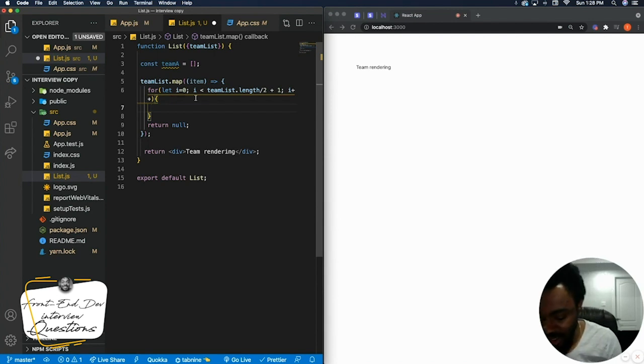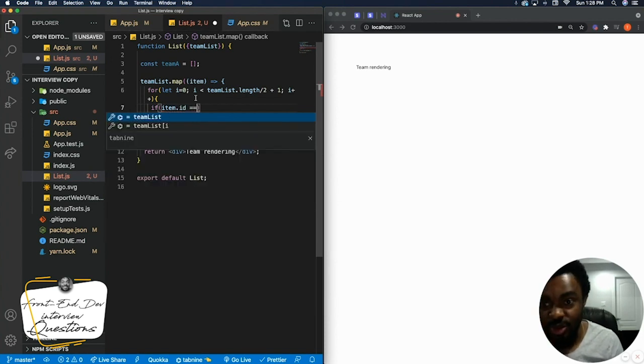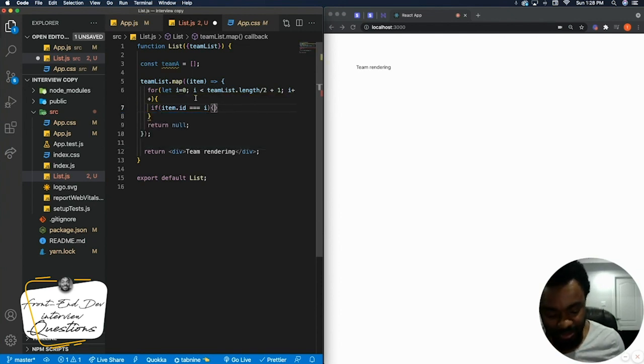Okay, so I'm going to say if item.id is equal to, now I'm using triple equals here because I want to also compare the type. You don't have to do this, but for best practices, I always use this. It must also be the same type, which is either number or string. So I'm comparing the type now, so they must be numbers, right? Because I already gave I a number type, so I'm going to say if this is this, then let's say return